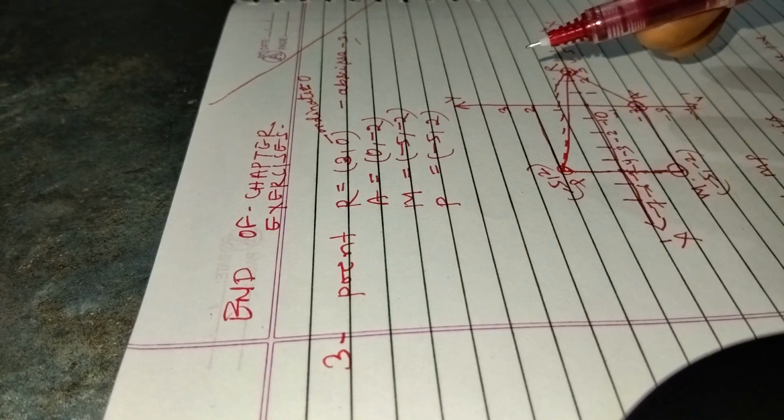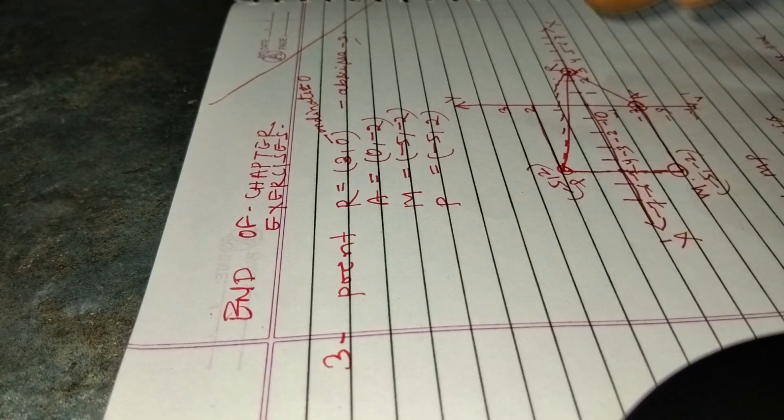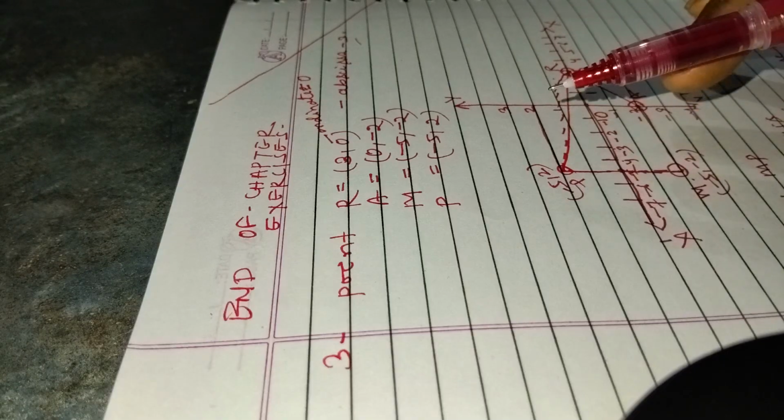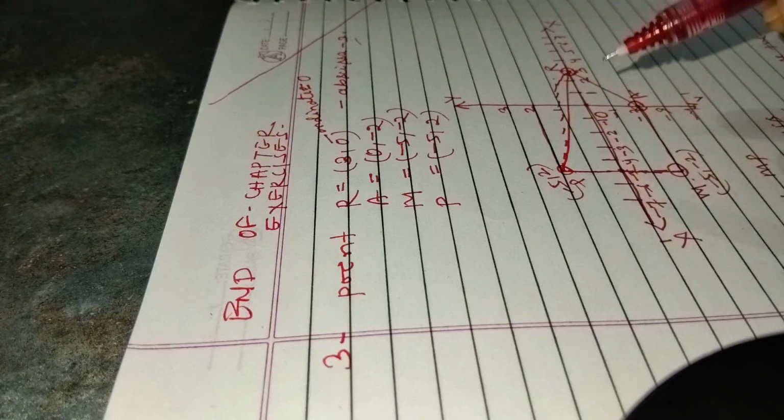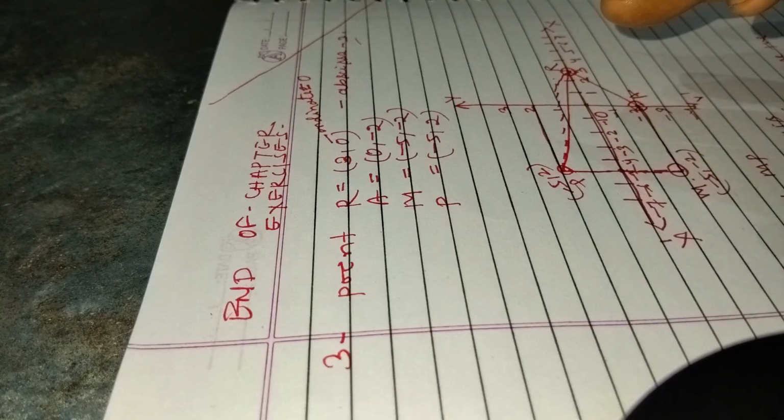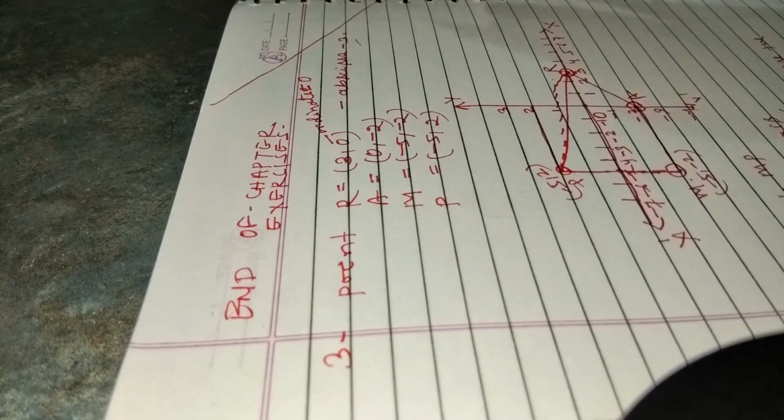In my last video, I had discussed the distance formula, and at that time I said I will cover some questions from your exercise. Exercises 1.1 and 1.2, I think, are not so difficult. Now come to the end of chapter exercise from your NCERT book. Question number 1 is very easy, 2 also very easy. Now question number 3 is based on your distance formula.